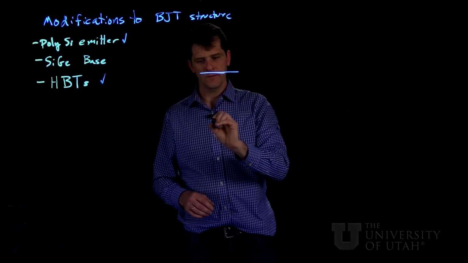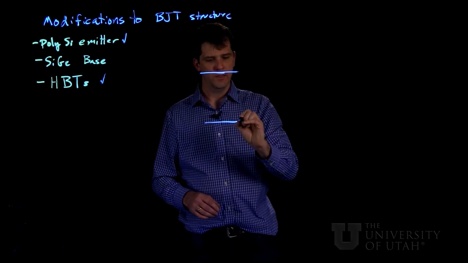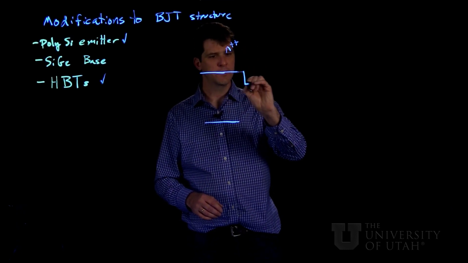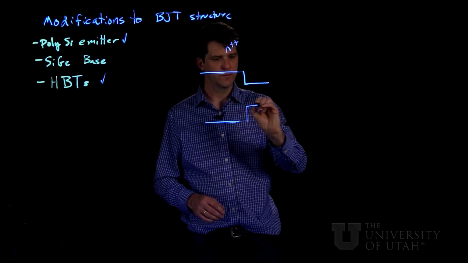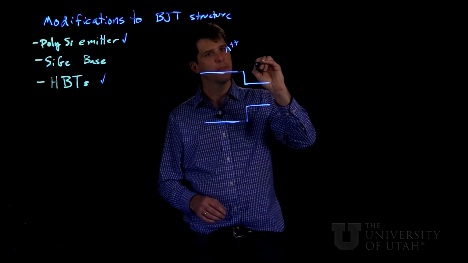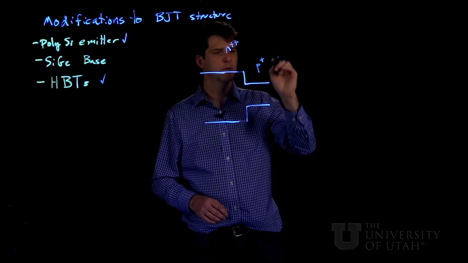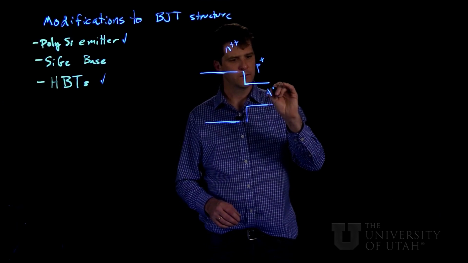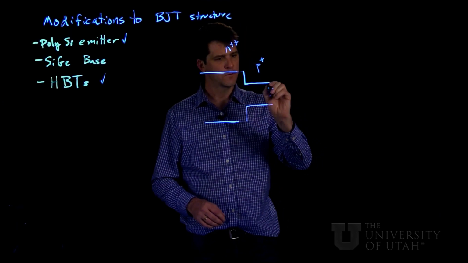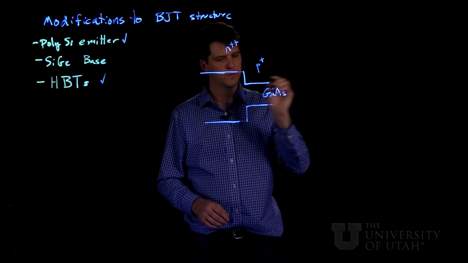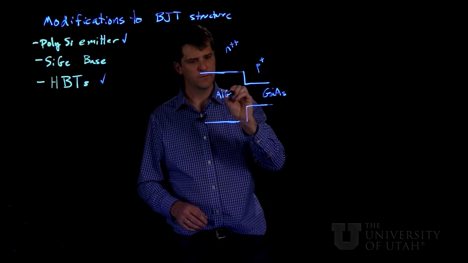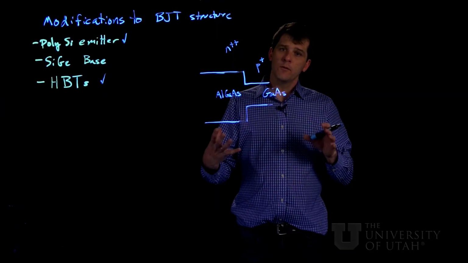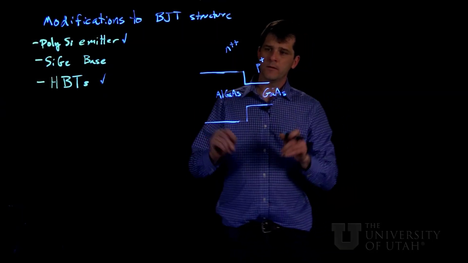So what we're going to imagine is an n plus p junction, but now made out of type 1 heterojunction. So a typical one would be gallium arsenide as the base and AlGaAs as the emitter. Now, in forward bias, when we analyzed heterojunctions,